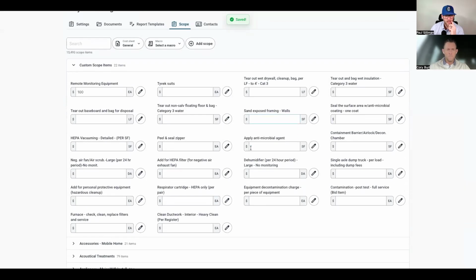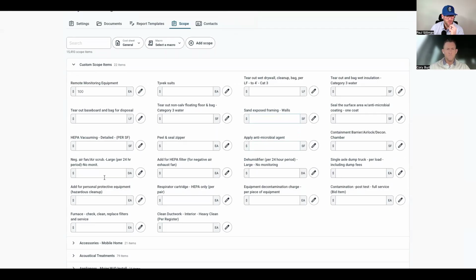Now you can see I added in some antimicrobial, negative air. I added all these items in. Now in this sheet, I did not put a price. If you do put a price, it will pull that pricing over with it. So this is a good way to put any information you need, upload it directly in, and now have access